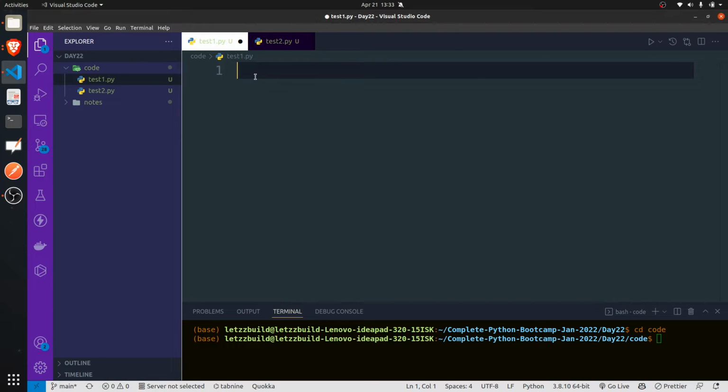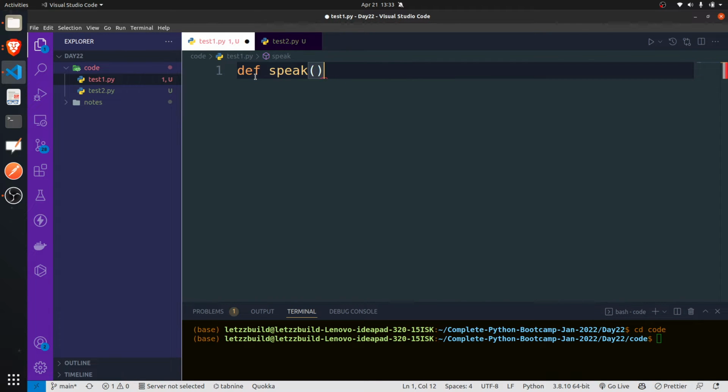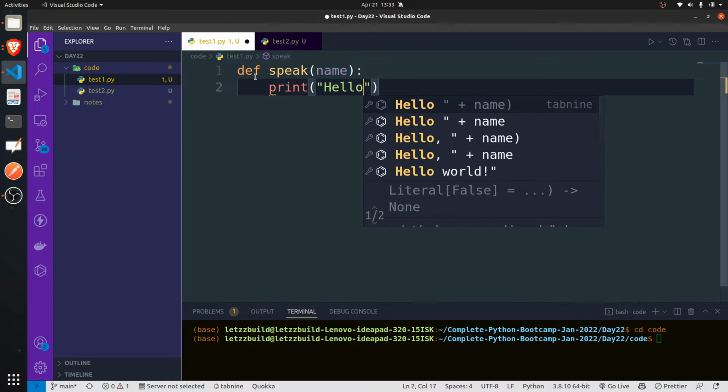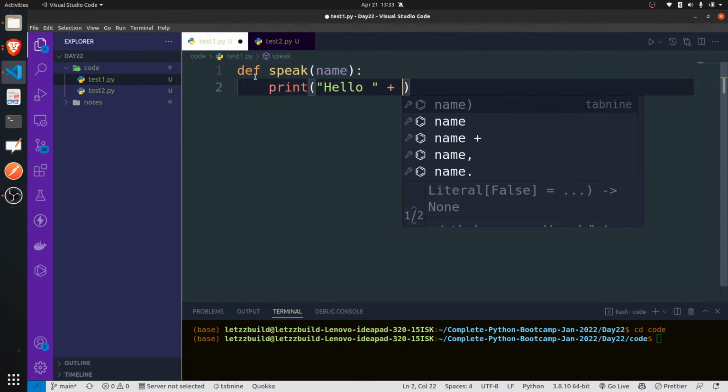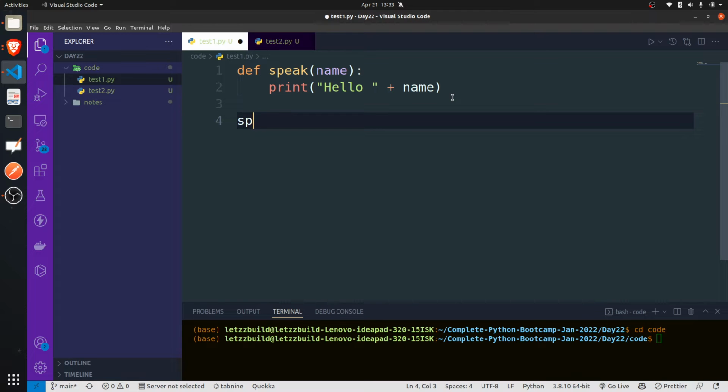Let's write some code in test1.py. Nothing difficult. Let's say I'll just write a function, speak. What this function will do, it will take one parameter, name, and it will say hello name. Very simple, right? Let's call this function speak and pass my name. It should say hello Gautam. Let's run python